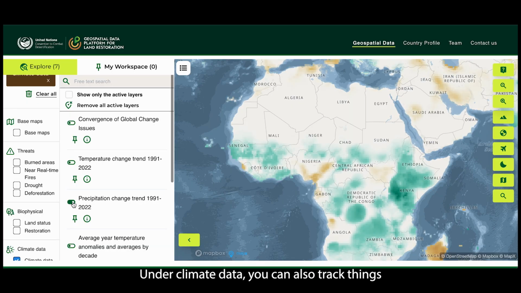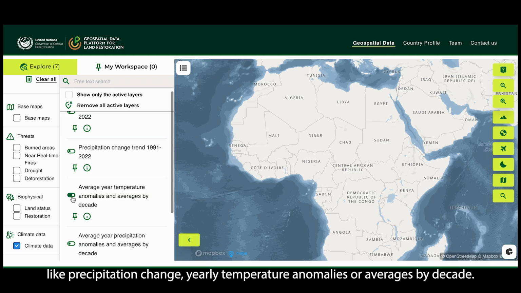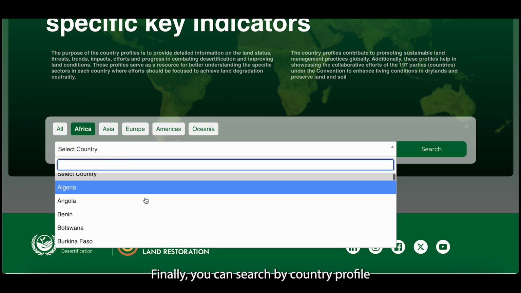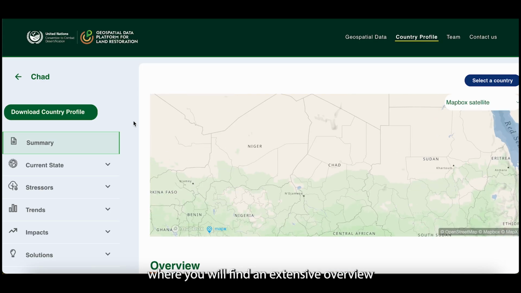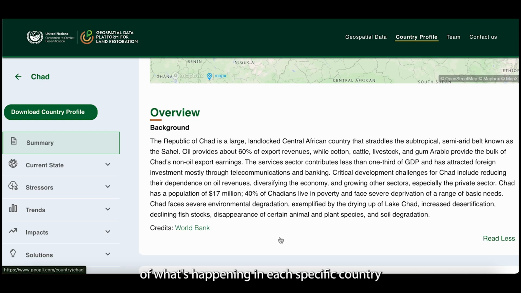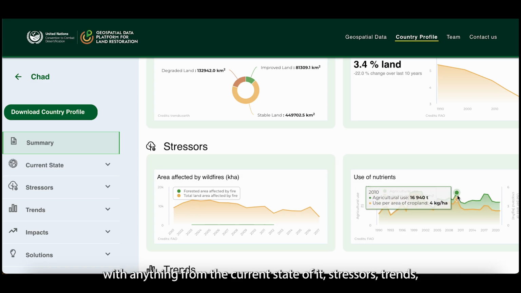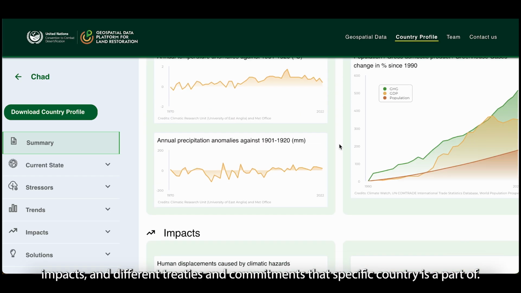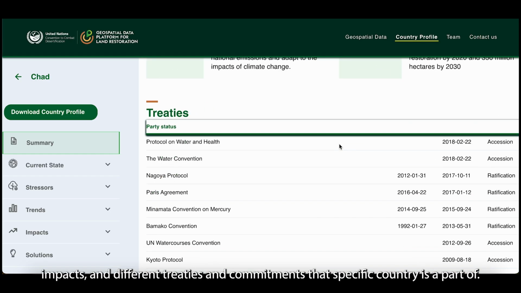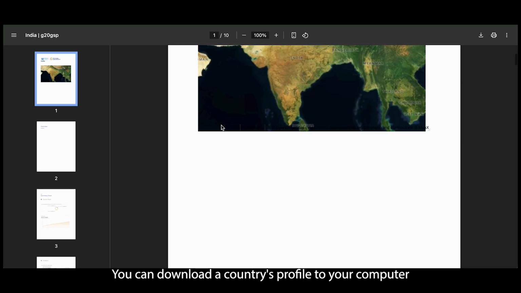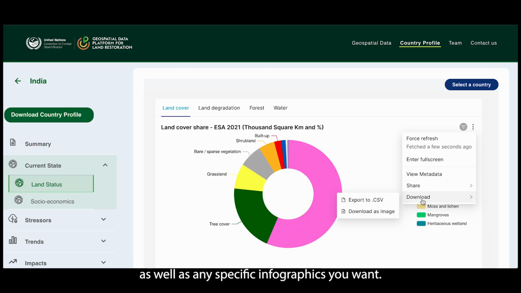Under climate data, you can also track things, like precipitation change, yearly temperature anomalies, or averages by decade. Finally, you can search by country profile, where you will find an extensive overview of what's happening in each specific country, with anything from the current state of it, stressors, trends, impacts, and different treaties and commitments that specific country is a part of. You can download a country's profile to your computer, as well as any specific infographics you